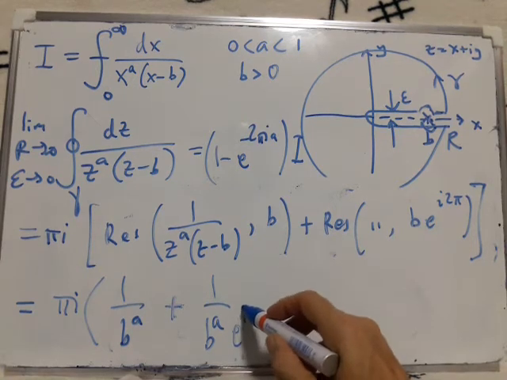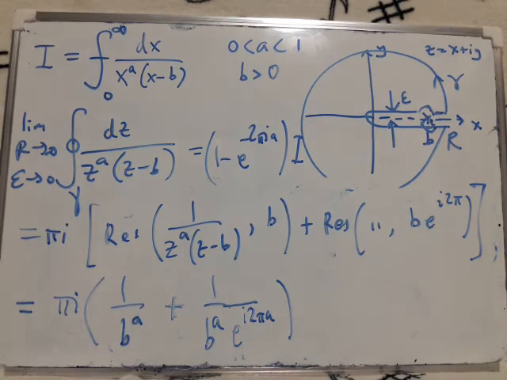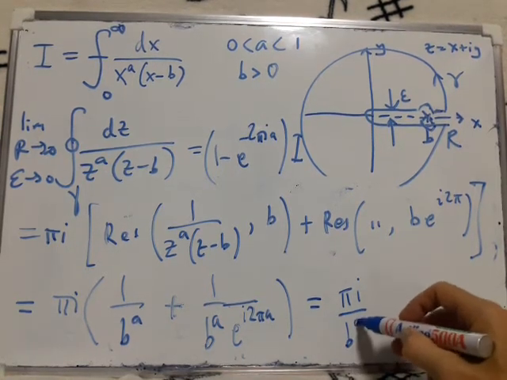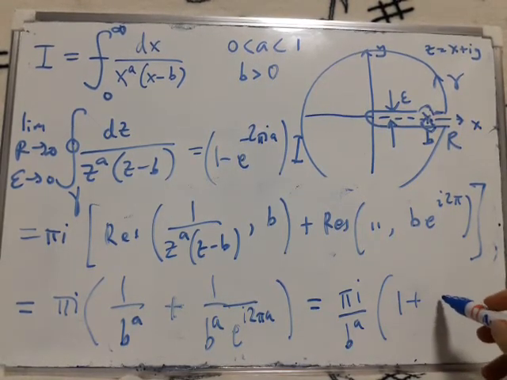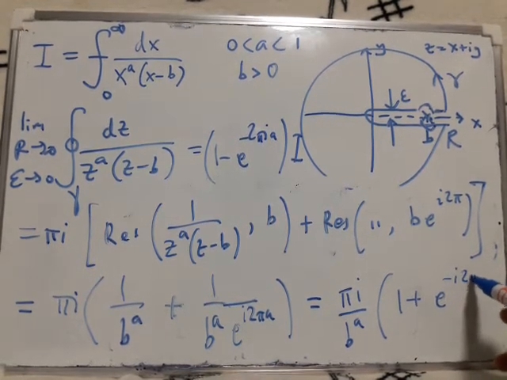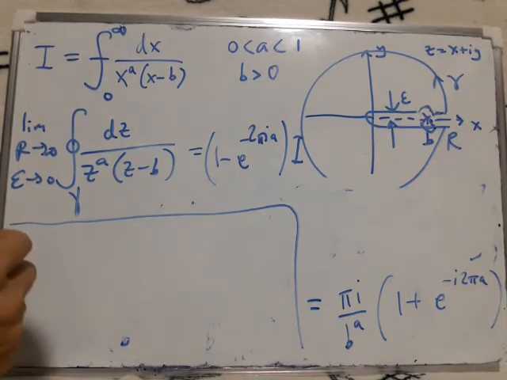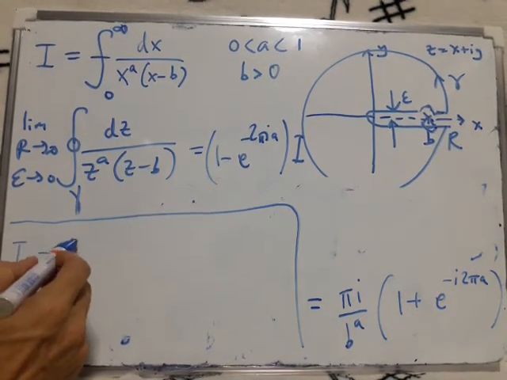Okay, so I can take out a factor of b to the a, got 1 plus, and I'll just write it as e to the minus i 2 pi a. So rearranging then gives me I equals pi i